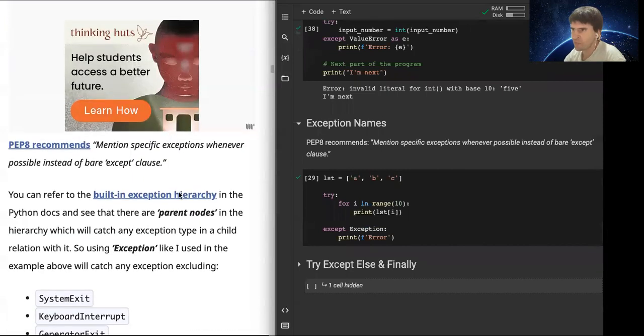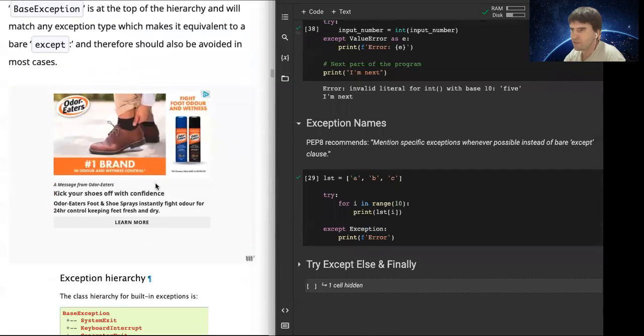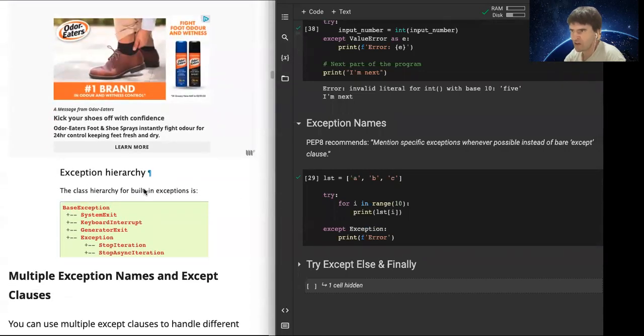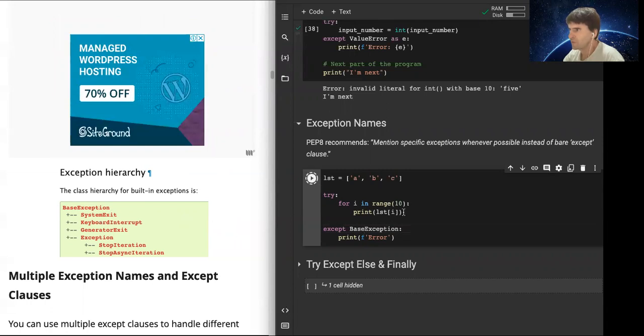If you go to the Python documentation, you'll be able to see a whole list of built-in exceptions. It's called the exception hierarchy. This is just the top half of it. But you can see basically there's a hierarchy here. The topmost exception is called BaseException, and all of the built-in exceptions are in a child relationship to that. So if you use BaseException, that will capture all of them. Let me show you how that works. So if I use BaseException here and run that,